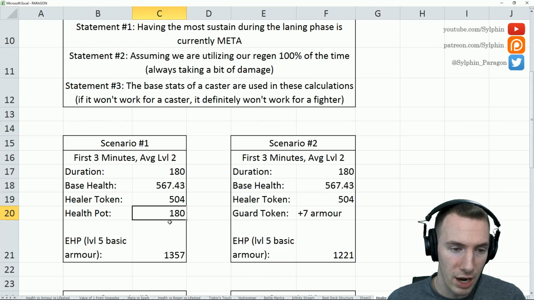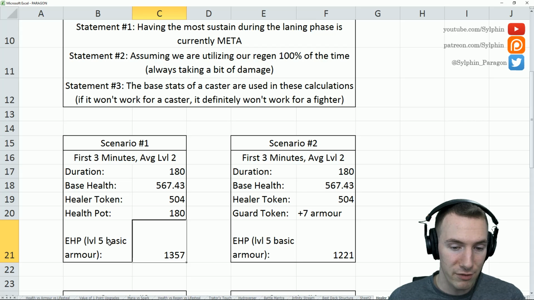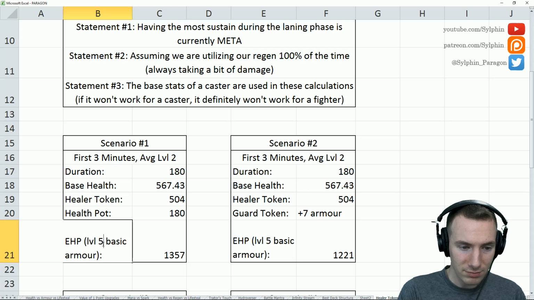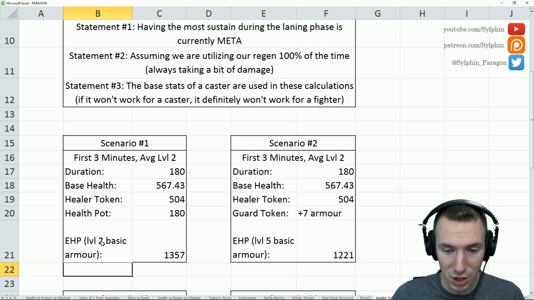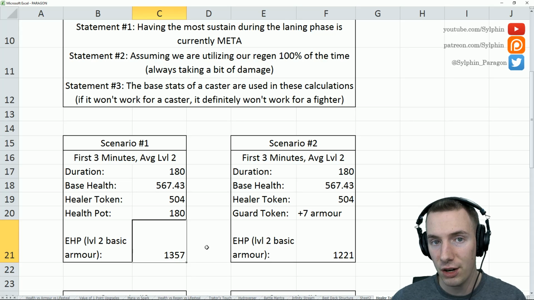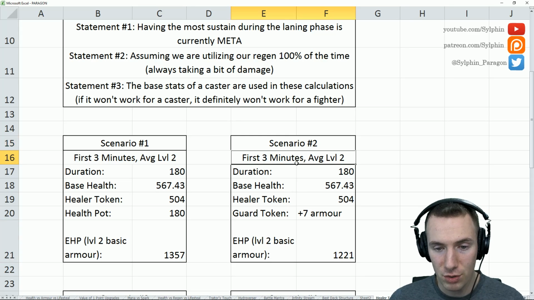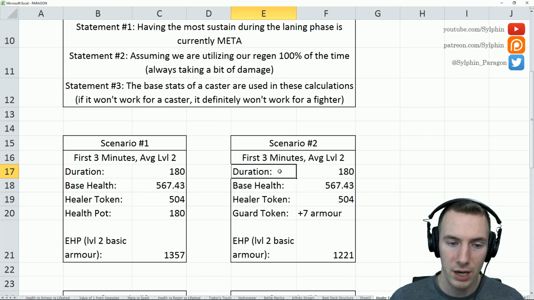So our effective HP here at level 5 basic armor. In fact, nope, that is incorrect. My apologies. This is level 2 basic armor, and this is also level 2 basic armor. My apologies. We have 1,357 effective HP. Now here in scenario 2, it's the first 3 minutes, just like scenario 1, but the duration